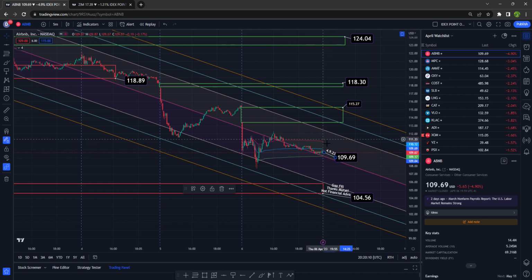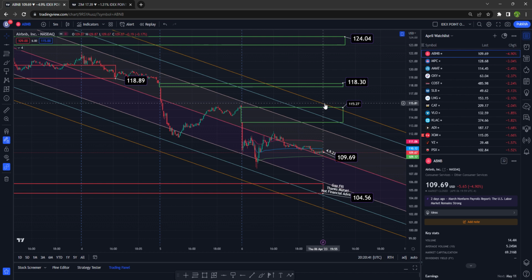$110.12. Above that is 2 standard deviations, and that is roughly $112.52. A gap forms at roughly $113.38, and that is to the upside. 3 standard deviations is roughly $114.15. The gap closes out at $115.27, and 4 standard deviations is roughly